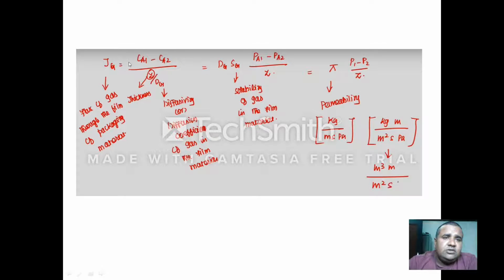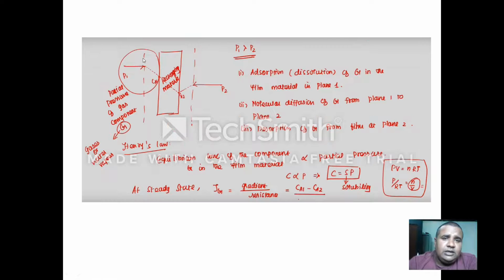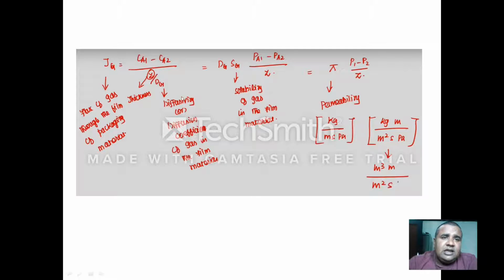So from here we can rearrange these equations. We will bring this D_G on the upper side, so this will finally be D_G in place of C. Now we will replace this C by Sp from this equation, C is equal to Sp. So C can be replaced by Sp1, like Ca1 is there. Ca1 means concentration, and it can be replaced by Sp1 and Sp2, so Sp_A1 and Sp_A2. From these equations we take common S_G, or S, you can say. So finally we are left with pA1 minus pA2 divided by Z.